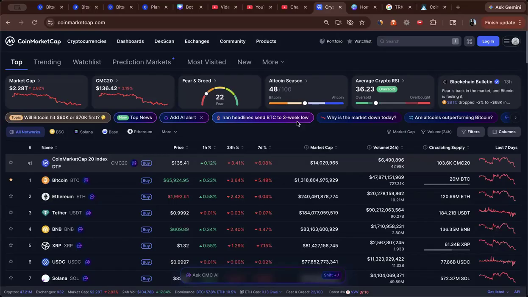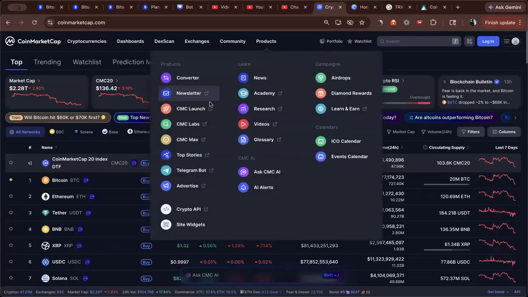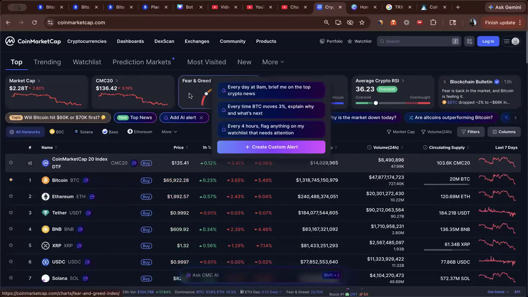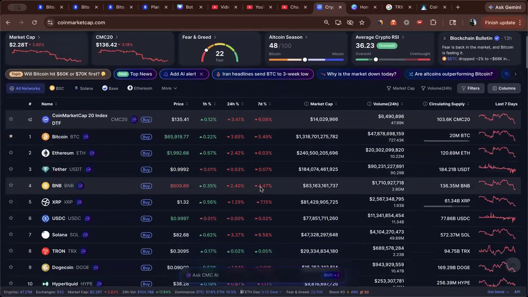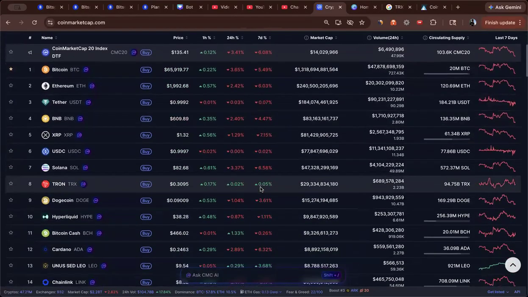And today we're going to start back on the CoinMarketCap website. It's been a while since I've started a video with this, but today's Fear and Greed Index is at 22. So I think last time I started a video with this index, it was a little higher. I don't know, but what I wanted to do, and